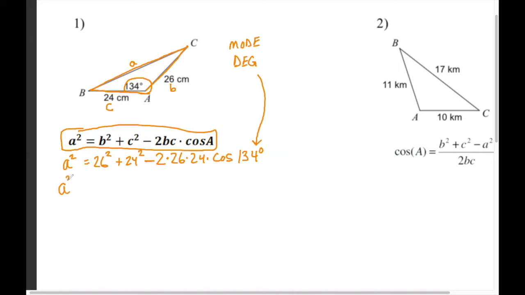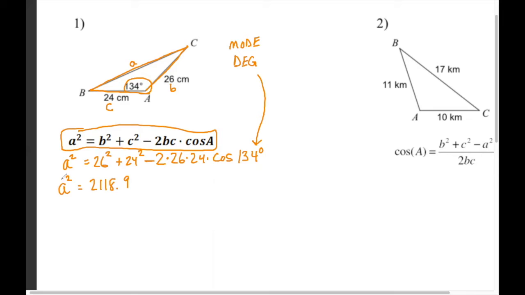So you're going to take your calculator, and I'm grabbing mine, you might hear the buttons clicking, and I'm going to press 26 squared plus 24 squared. You should do this with me to ensure you get the right calculation. Minus 2 times 26 times 24 times cosine 134, enter, and I get 2,118.9. I'm going to choose to round to the 10th place,